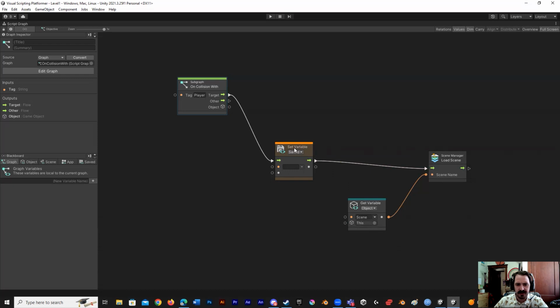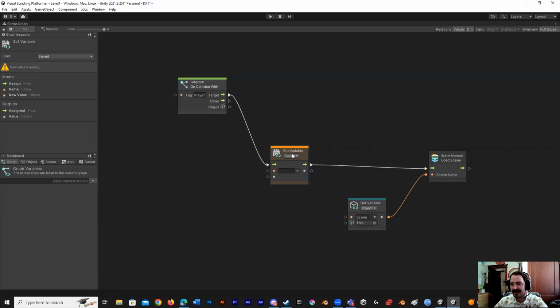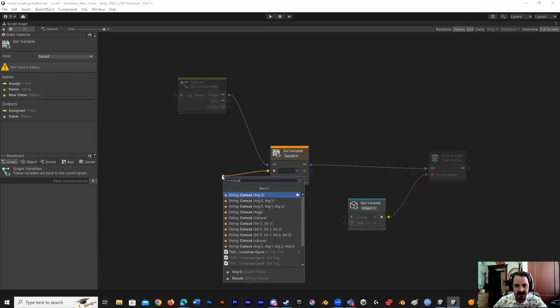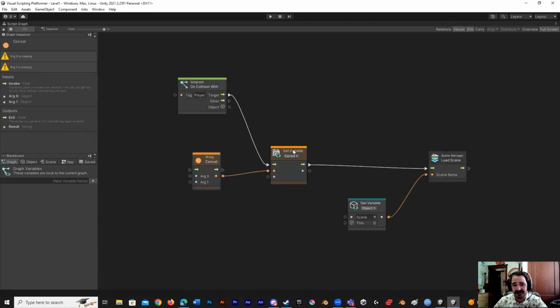Okay, so for our set variable, we're going to be concatenating 2 string values. What that means is we're just adding 2 things together. A string is just a line of characters. This can be letters or numbers, but they're read as essentially read only. These numbers do not have any numerical value, they're just a character. So for this, I'm going to go to concat, and I'm going to look for 2 arguments,